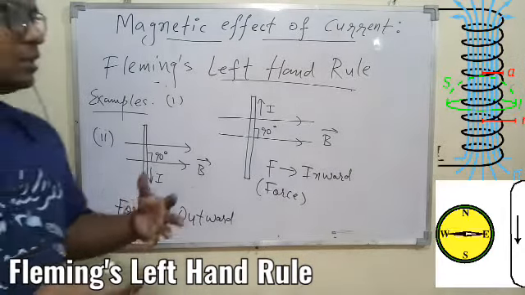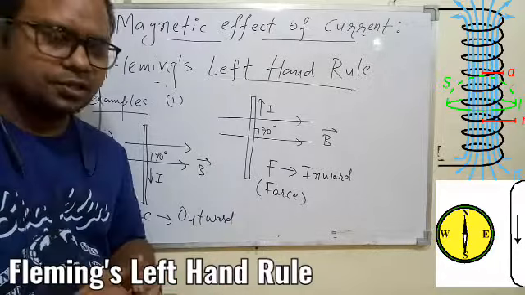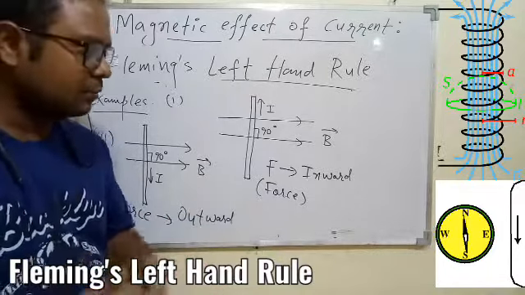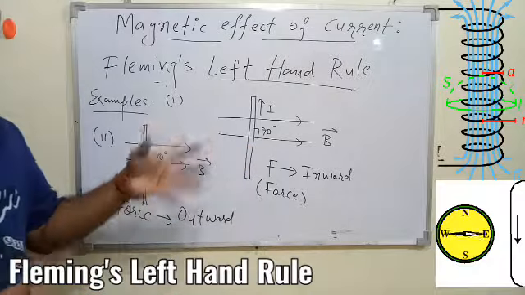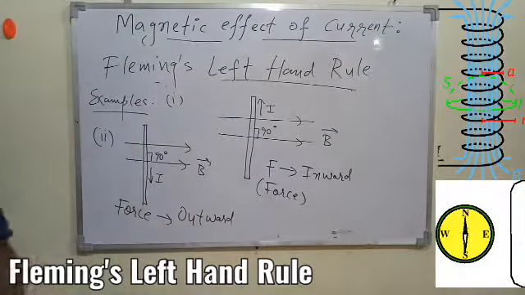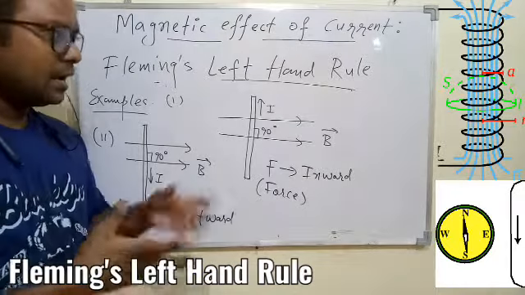So anyway, this condition can be given to you, the conductor can be given to you in a particular direction, current is there in a particular direction, magnetic field is there, and then you have to find out in which direction the force will be given to the conductor, and for this you can apply a simple rule that is called Fleming's left hand rule, and that will help you to understand and identify it.